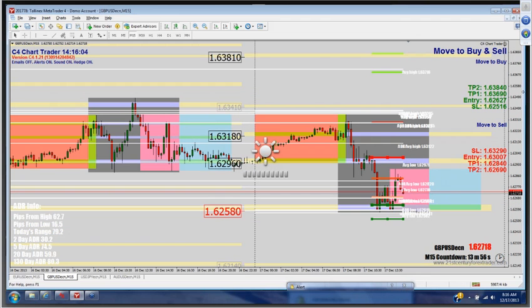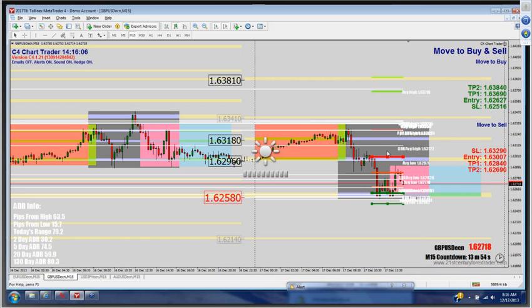Sounds like I got stopped out on my Euro trade. Just had a little more momentum to the downside than I was expecting. That's okay. We have winners and we have losers, and this is a time of year where it's really tough